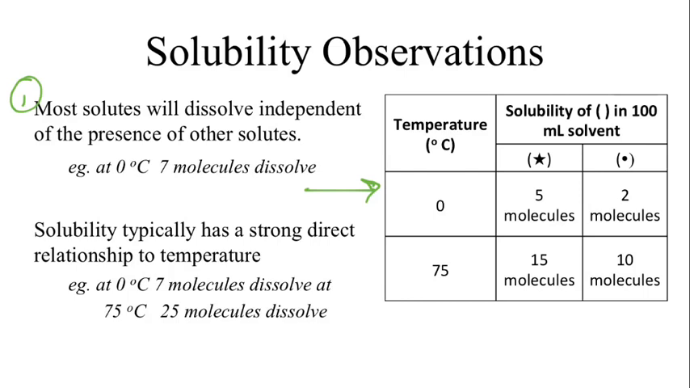So if I start with 100 milliliters of solvent and I add stars to it, 5 dissolve. Let's say I add 20 stars to it. 5 dissolve, 15 don't. Now I add the dots to it. 2 dots will still dissolve. So the stars and the dots interact with the solvent independent of each other, which isn't always true, but for our purposes and what we're going to be dealing with, that's a fairly